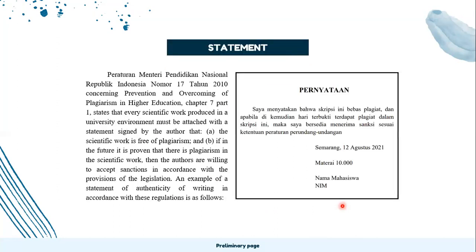Next part is about statement. Peraturan Menteri Pendidikan Nasional Republik Indonesia Nomor 17 Tahun 2010 concerning prevention and overcoming of plagiarism in higher education, Chapter 7, Part 1, states that every scientific work produced in a university environment must be attached with a statement signed by the author that the scientific work is free of plagiarism, and if in the future it is proven that